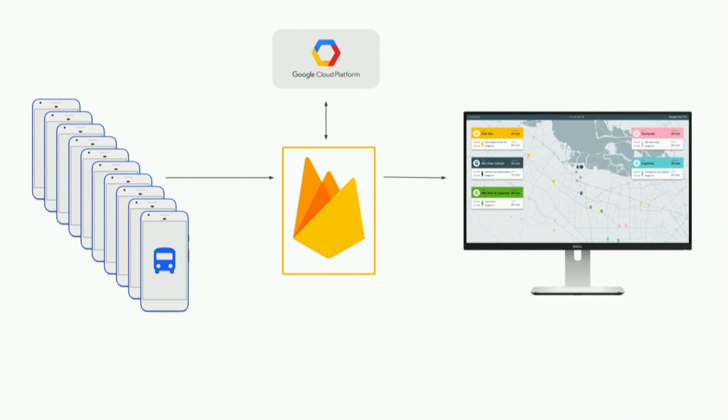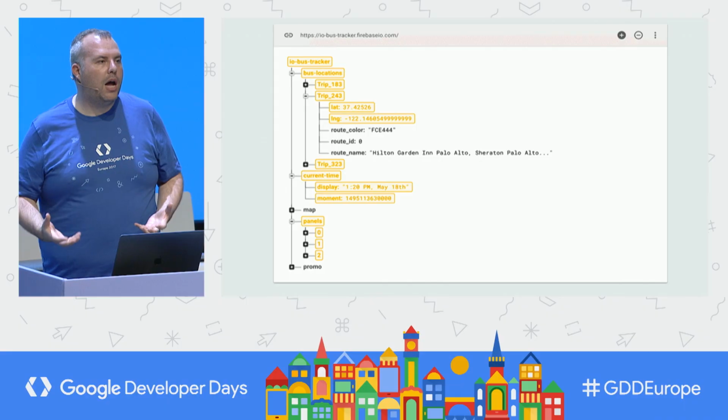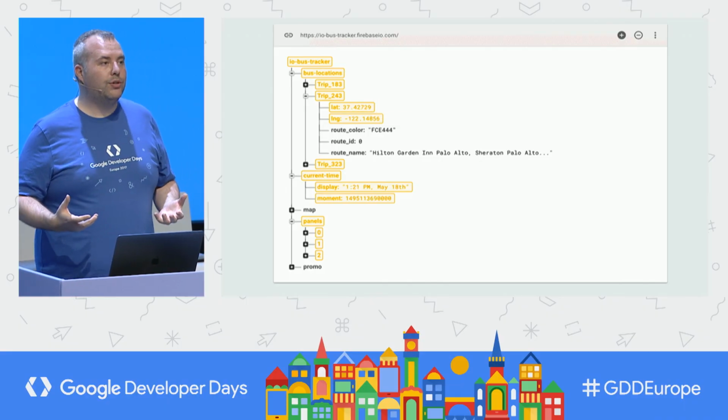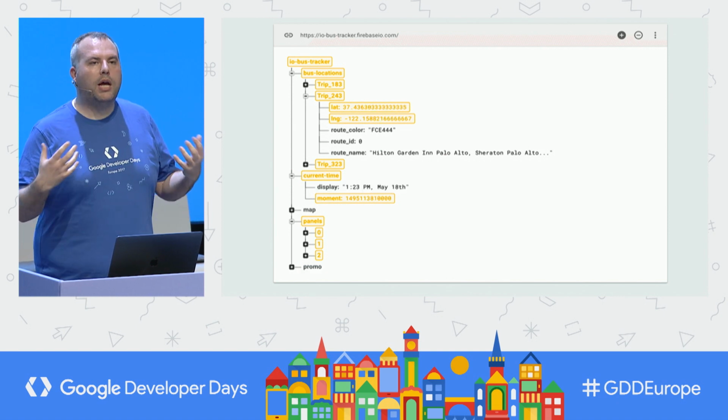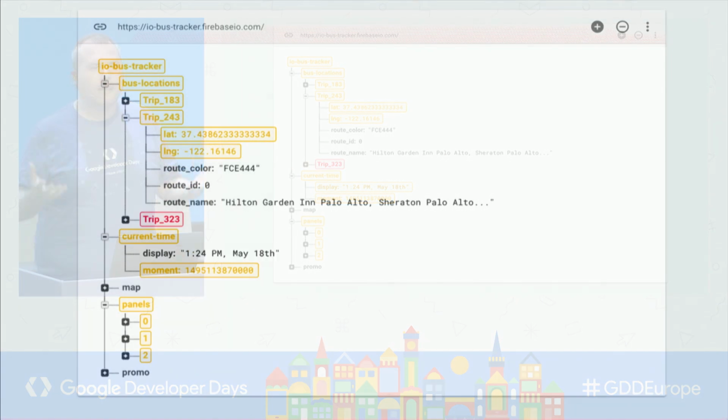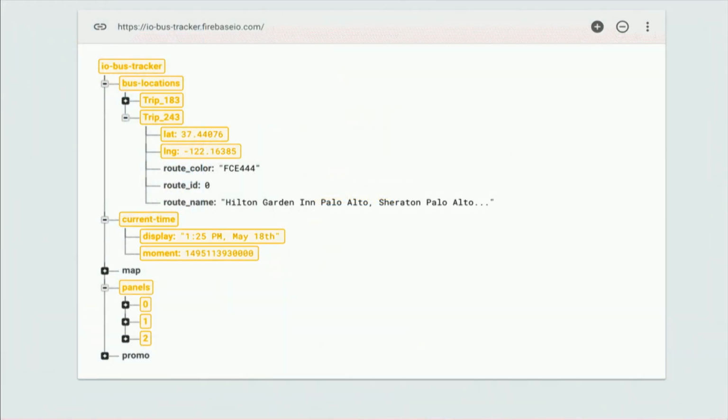Okay, so we've dealt with the first component. Now we move to the heart of the system, the Firebase Real-Time Database. The Firebase Real-Time Database is a very powerful real-time communication tool. For me, while I was developing this system, it was absolutely insanely powerful because traditionally when you're developing a distributed system,